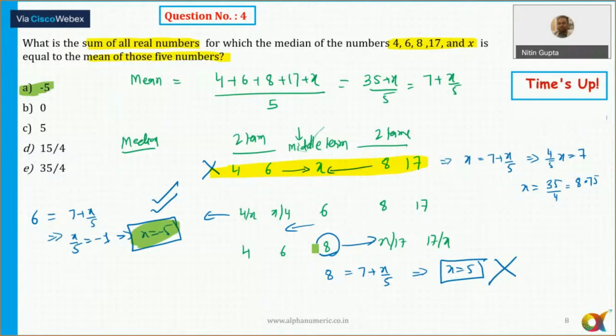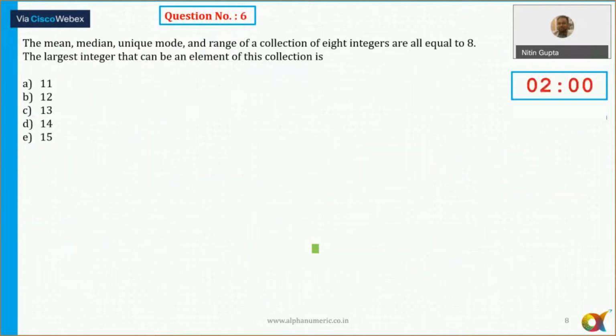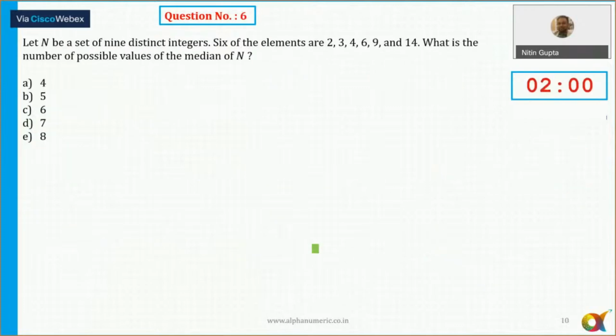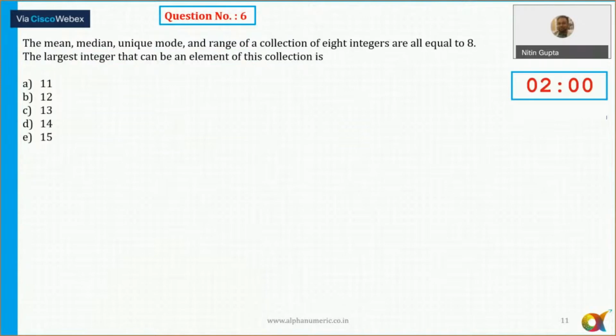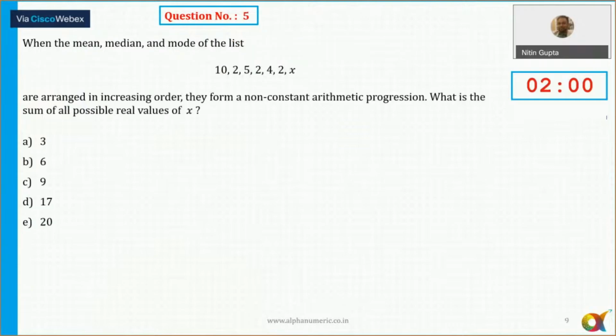So mostly you will be getting, if only one number is missing, in that case, there will be three possible medians. There is one question, probably question number 7. Yes, you'll come to that question. Question number 7, like here, it is what is the number of possible values of median? There are a lot of medians possible. So I'll come to that case. I'll tell you how to identify that also. Okay. That is in the question number 7. But we'll move gradually one by one. I'll keep on increasing the difficulty level.